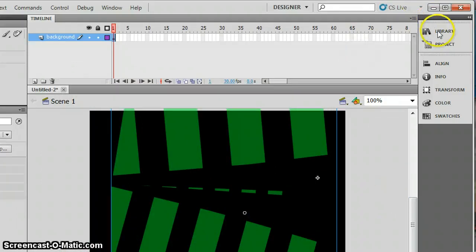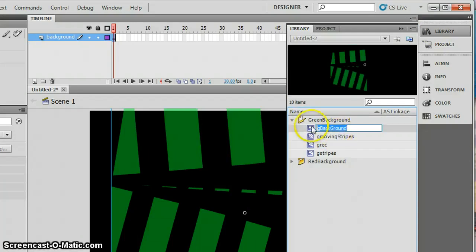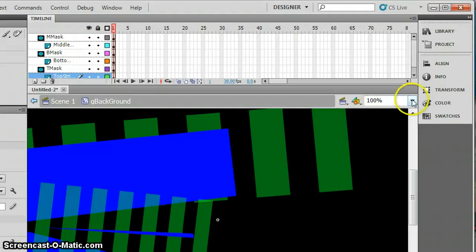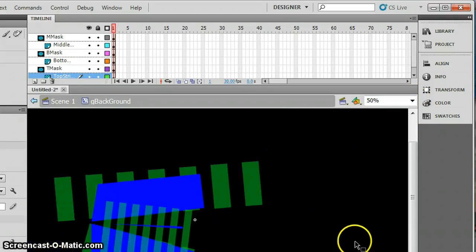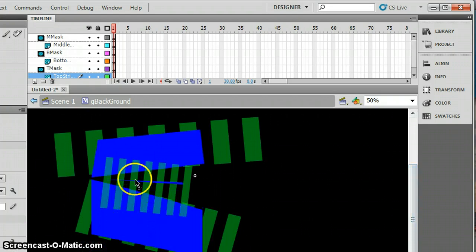So that's okay. So I'm just going to show you in the library what that looks like. So I'll put them into a folder. So the green background, the background layer, if we just go in and edit that. So what that looks like is basically I've got quite a few of the instances of the moving stripes, and